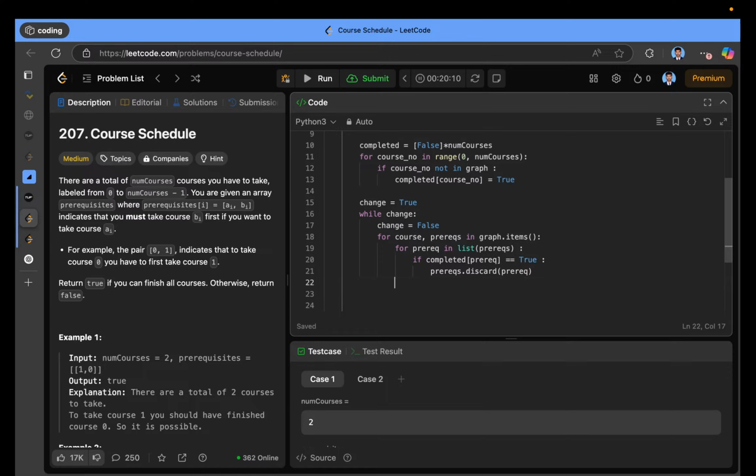Now I have to check if our prerequisites is empty. Okay, length. Yeah. If the length of prerequisite equals 0, then now I know that this course can be completed. So I will add this course in complete, and I also have to delete this course in future after